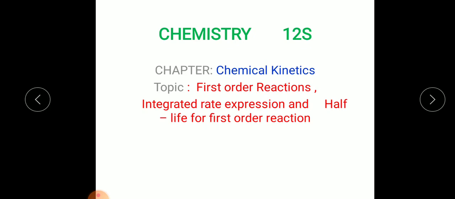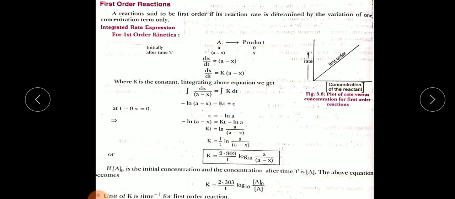Now today we are going to see a very important order of reaction, that is first order reaction, and this order of reaction is very important because from this you'll get the numerical in your ISC. So we need to know about the final expression, the derived integrated rate expression, and the half-life for first order reaction. So we'll begin as we have begun for zero order reaction.